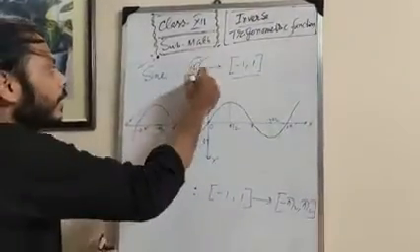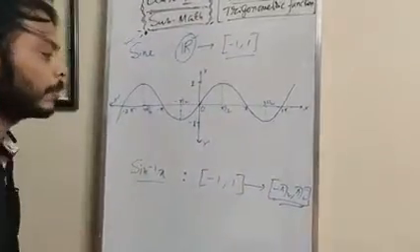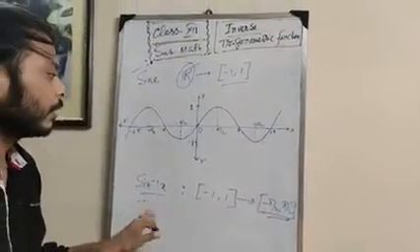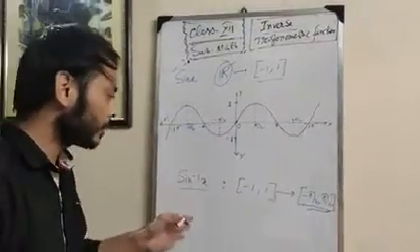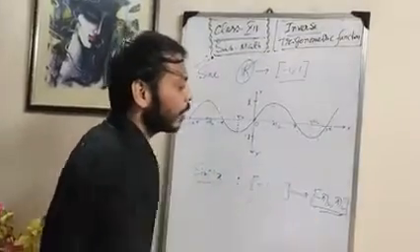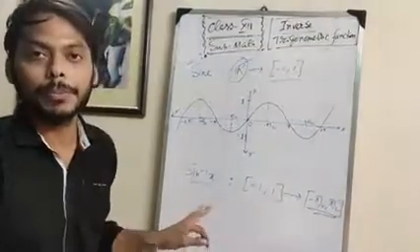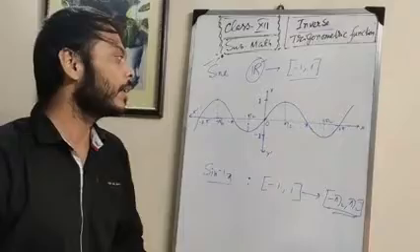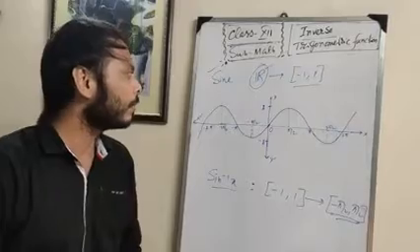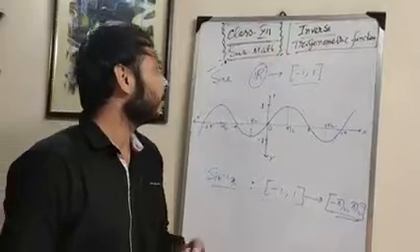Whenever we restrict the domain here, then we get sine inverse x. Actually it will be the codomain or range set, you may say, for the sine inverse function. To get the principal values of sine inverse, it will be from the closed interval minus 1 to 1 to minus pi by 2 to pi by 2. In a similar manner you will get cos inverse x, and you can use similar tools to get the inverse functions of the remaining trigonometric functions.